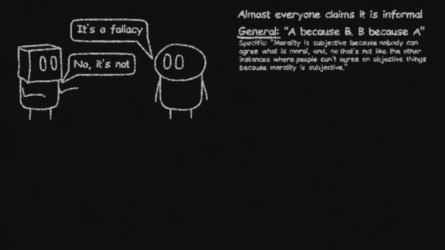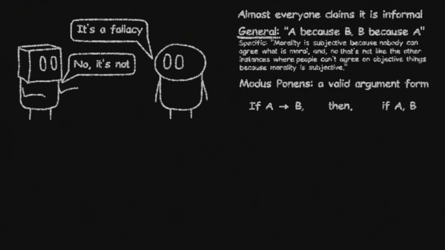So I think the reason why circular reasoning is not considered a formal fallacy is because if it were, that would immediately raise red flags because of the way in which it would blatantly conflict with other logical principles. Modus ponens, for example, states that if A implies B, if A, then B. If it rains, the ground will be wet. It's raining, therefore the ground will be wet.